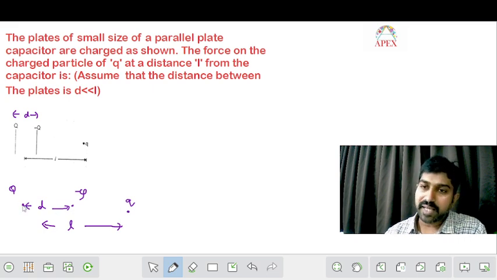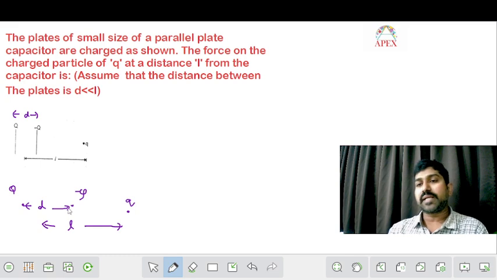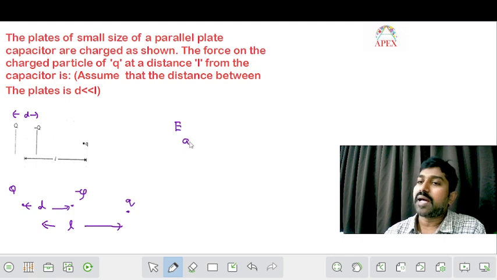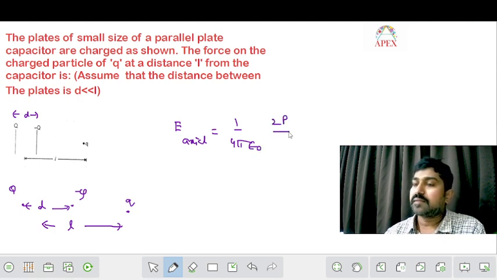How can you calculate electric field from this configuration? This configuration represents dipole only. What is dipole? Two equal and opposite charges separated by a fixed distance. So it will form a dipole. So for a dipole, this particular point is on axial line only. So what is the electric field on axial line of dipole here? We know that is 1 by 4 pi epsilon naught, 2p by separation or whatever the distance it is, L